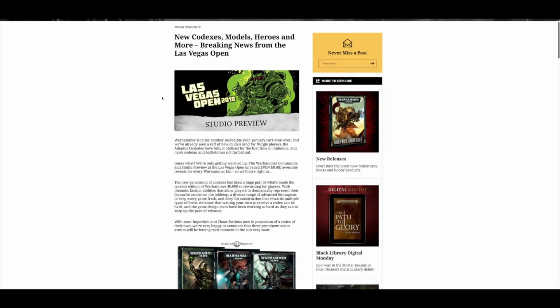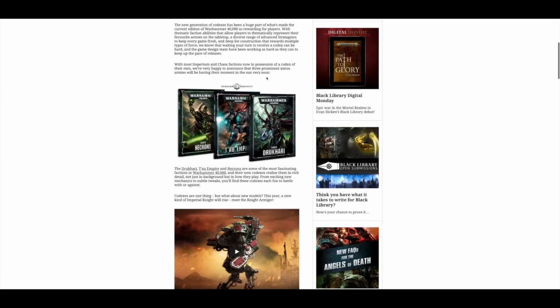On the Warhammer Community website, you've got previews for the next three codexes. You can pre-order the Thousand Suns codex from today. That's on their web store. But the next three we've got are Necrons, Tau Empire, and Drukhari. So bearing that in mind, that's going to be a really good few months for me because obviously I don't